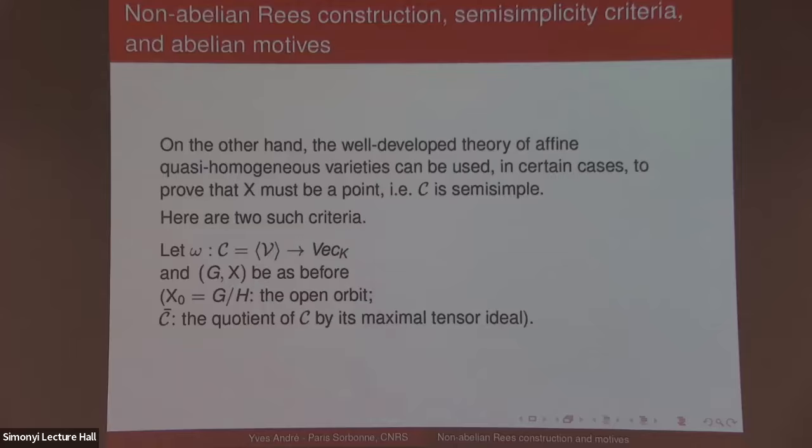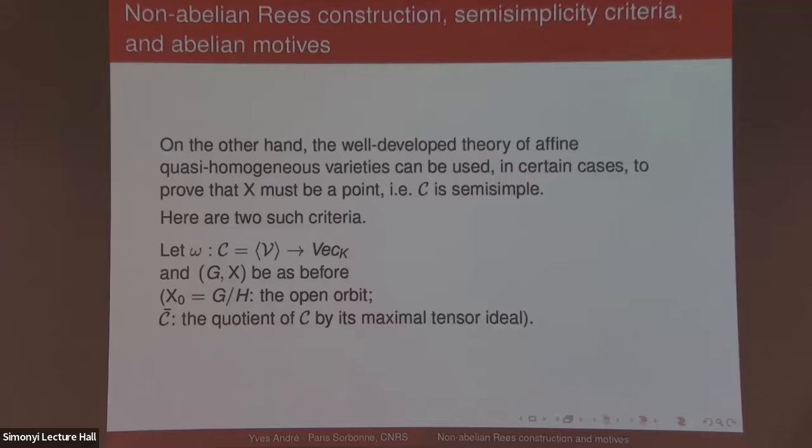There's a criterion by Luna, which I will mention, that for some condition on G and on H, the quotient G over H does not admit any partial compactification. So this X is G over H, but since it has a fixed point, it is a point. This will be the argument for the first criterion. So I give two criteria